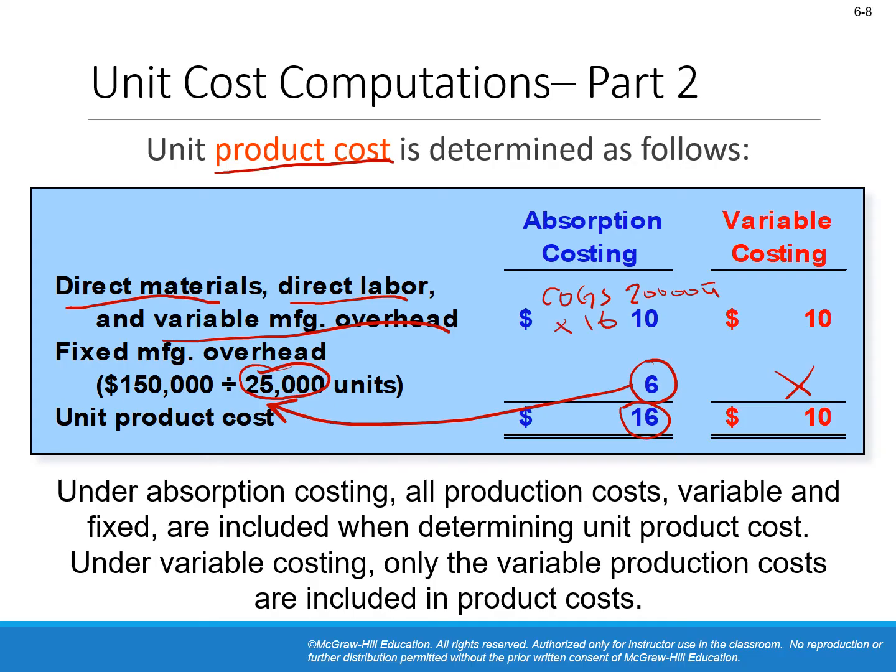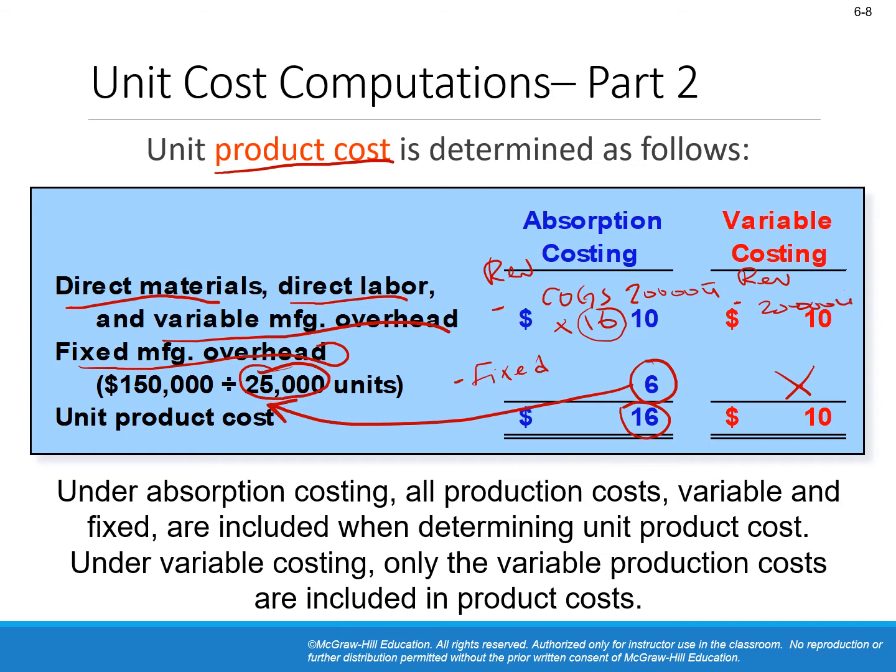And under the fixed components in the income statement, so this is a minus, this is a minus, you have revenues at the beginning. The fixed will not include the fixed manufacturing overhead anymore because it was already included in the $16. However, under variable costing, you will have the same revenue minus the cost of goods sold will have